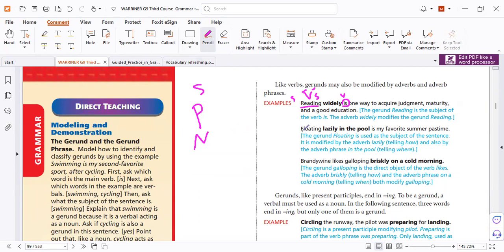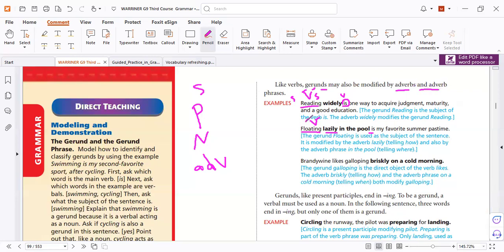So simply, when you find a gerund like that, you can have it. Let's find a simple problem. "Lazily" is an adverb, and an adverb can modify a verb. No problem. So "floating" is the action, and the action is used as a noun, no problem. But how does he or she float? Lazily. So the gerund can be modified by adverbs or adverb phrases, no problem.